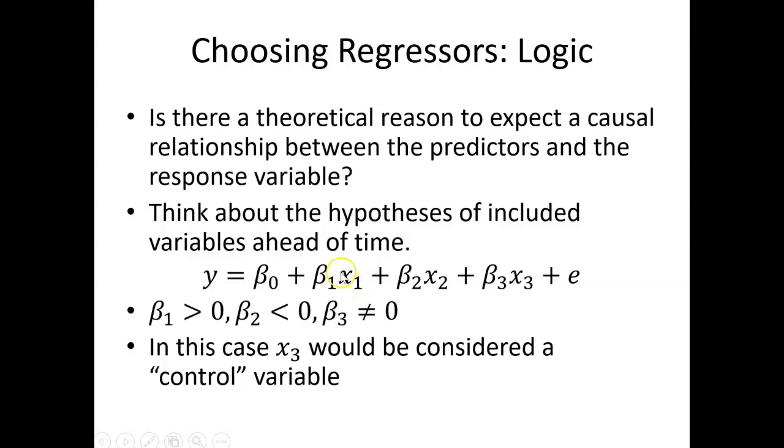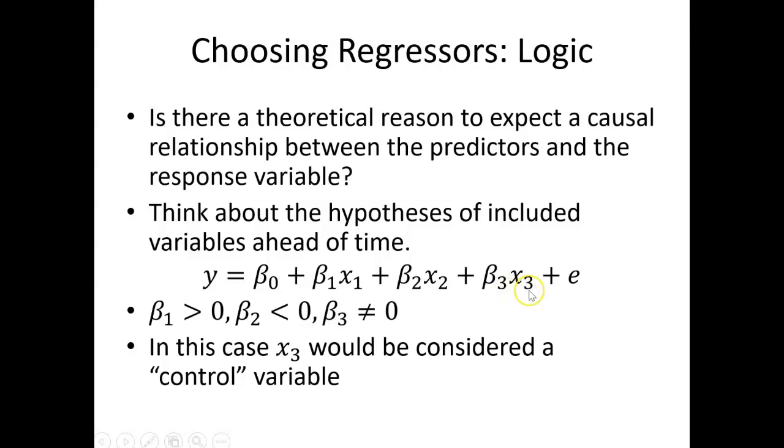Okay, so things like square foot of the house, you would expect that to have a positive effect on housing price. X2 might be if the house is located near a hazardous waste facility, or near a landfill, or in a floodplain. In that case, you'd expect the effect of location to be negative, to make the house sell for a lower price. And then X3 could be another variable,